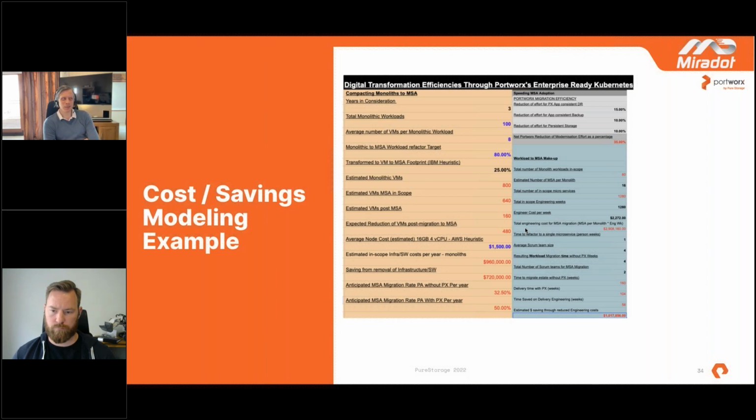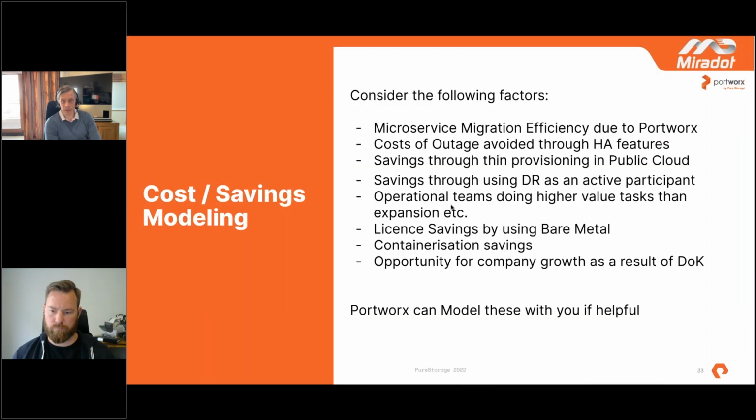And you start to get to a really meaningful amount of money there down the bottom on a relatively small estate through the reduced engineering effort alone. And that's without even considering the savings from getting to that destination sooner by compacting your estate down. So this as a business case does build out very quickly, and this doesn't even take into account those other pieces that we saw, through, say, thin provisioning in cloud, for example.